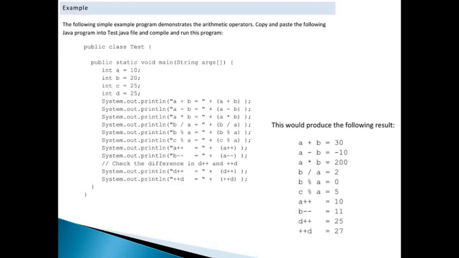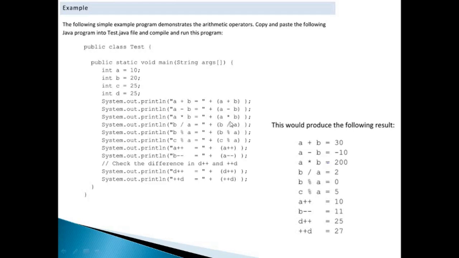Now, the students who do not know what system.out.println means, I want to say that system.out.println is one of the many ways in which we can print or send information to the desktop. We can output it. Okay, so A plus B will simply print 30, and A minus B will print minus 10. It is obvious that 10 minus 20 gives minus 10.